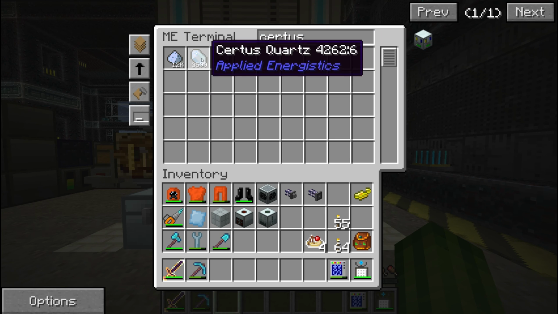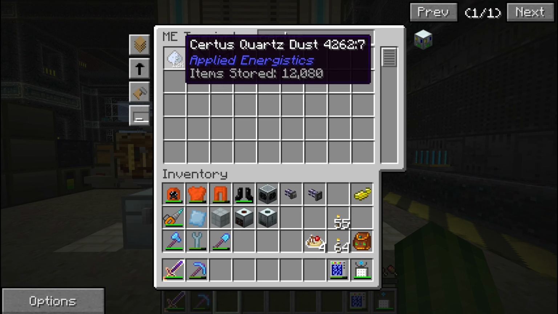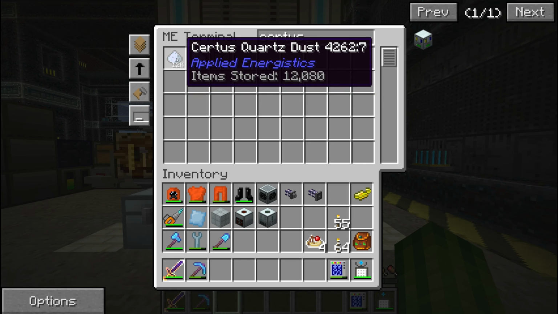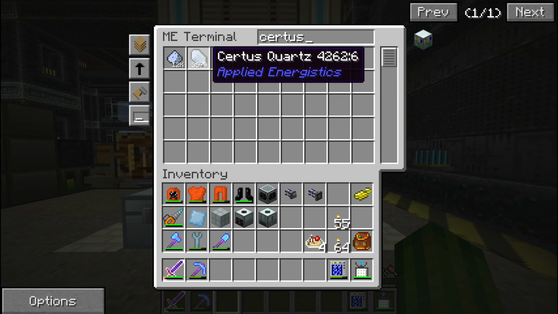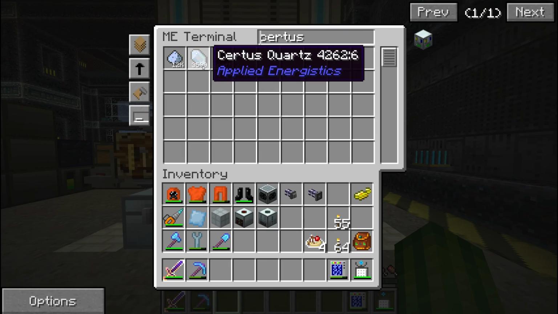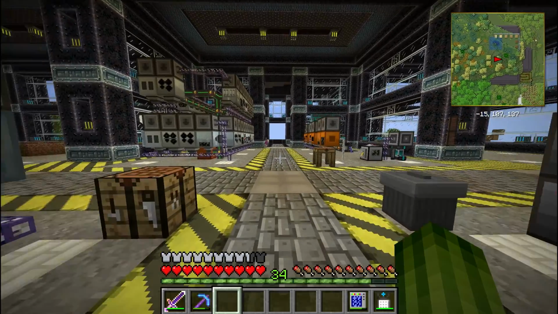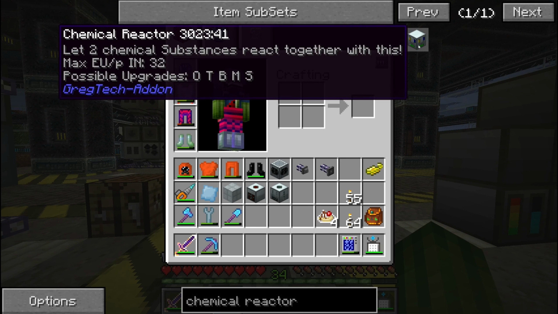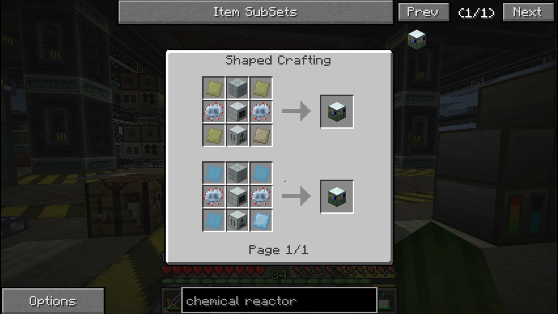Now we always seem to have more dust than quartz, and in previous versions of Feed the Beast you could basically convert between the dust and the quartz, but no longer. So what we need to do is figure out a way to get the quartz anyway, other than digging up more Certus quartz ore. And fortunately there is a way, and it's through this chemical reactor from GregTech. Here you can see the recipe, and that's what we're going to make